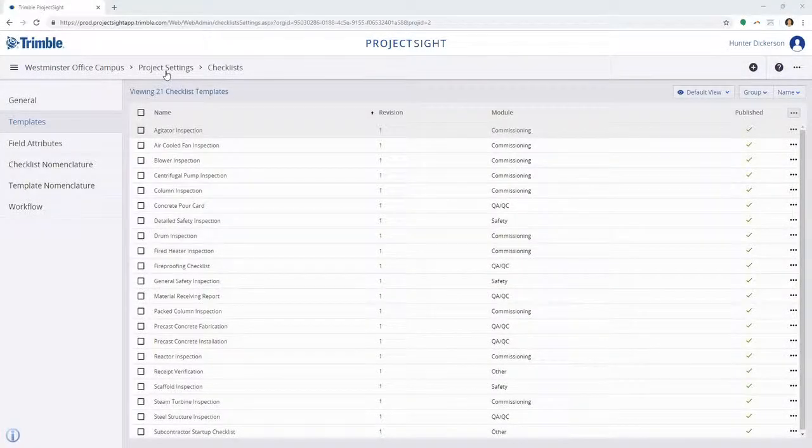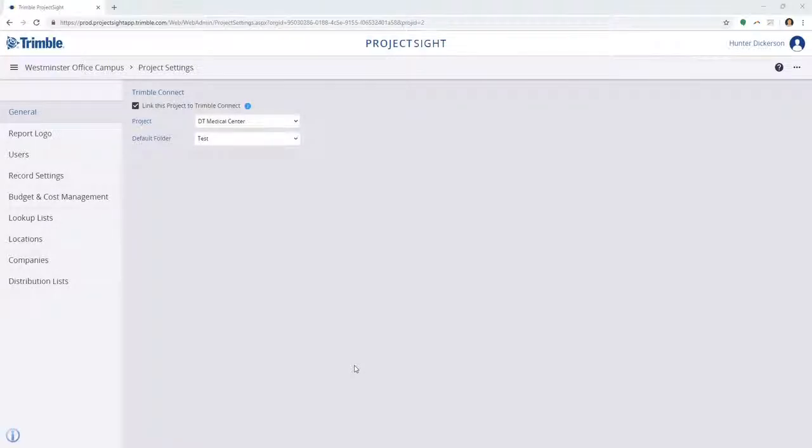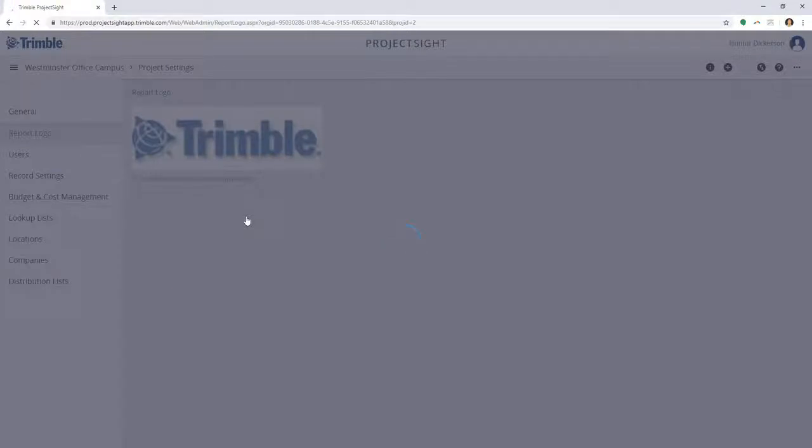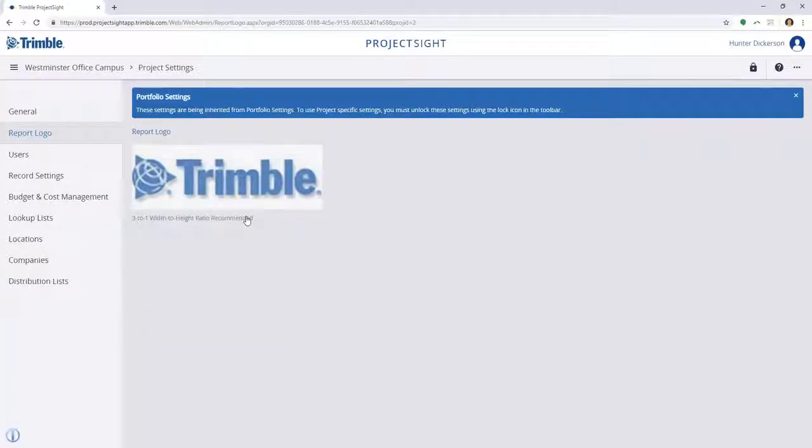And I'll go ahead and back out to the main project settings area, and we'll discuss what's the same between portfolio and project settings. In all cases where portfolio settings are directly brought over to the project settings, you'll get a message that looks something like this, where it gives you a blue banner and it lets you know that these settings are being inherited from the